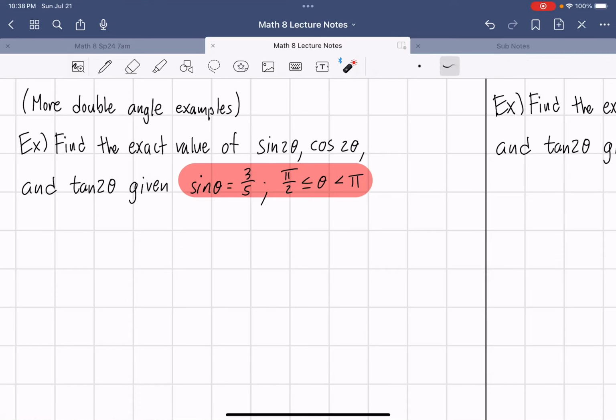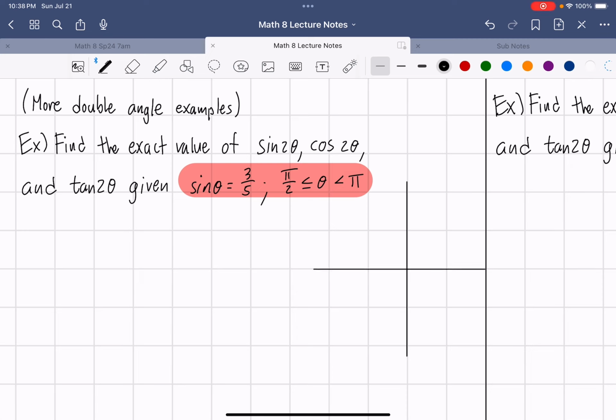These next problems will be tailored to continuing to practice the double angle identities. That's their sole purpose, just continuing to practice them. Now, these examples are going to resemble things we did for inverses because we're given what a trig function is equal to. We're not given the radian, but we're given the terminal point. And that was something similar to what we did with inverses, and that was